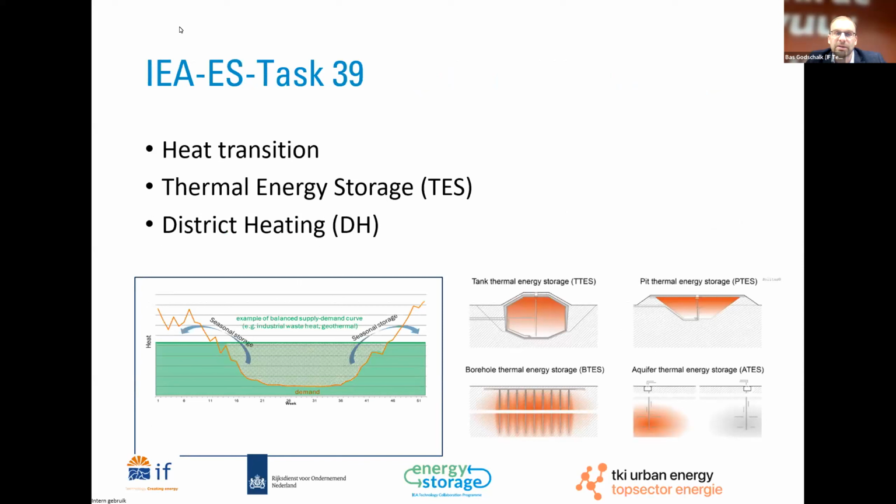Why are we working on this? Because we are in the middle of the heat transition, as you know, and there are many sources like cheap geothermal, solar, industrial heat. But the challenge is that during summertime, we don't need so much heat, but in wintertime, we need a lot. But most of the systems can produce a lot of heat during summertime. So the idea is that you can store the surplus in summertime and reuse it during wintertime when we need extra heat. And that's why we have a couple of technologies like tank storage, pit storage, borehole storage, or aquifer thermal energy storage. Now, the last one has been dealt with last week, and today we will look at the closed loop